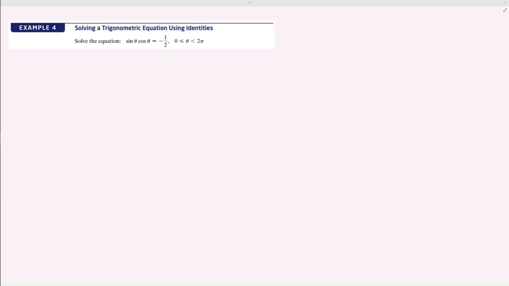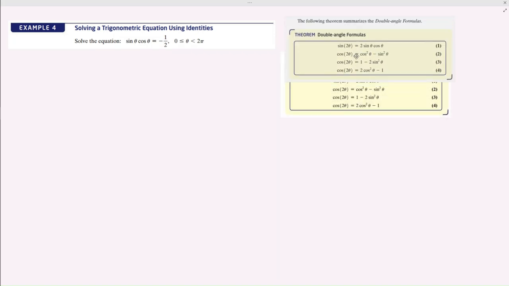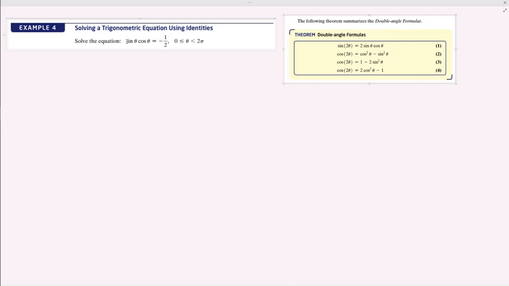Okay, class, let's take a look at an example where we can use these double angle formulas as identities to help us solve a trig equation. So if we take a peek at our double angle formulas and we look at this equation, this looks most similar to what's going on with the sine of 2 theta. So the double angle formula for sine, all I have to do is multiply it by 2 and it looks just like this identity. So I'm going to rewrite this as 2 sine theta cosine theta